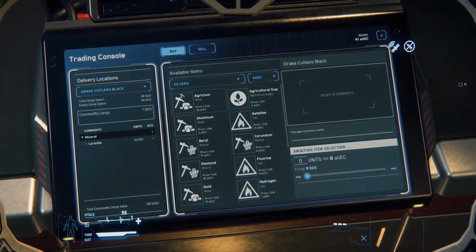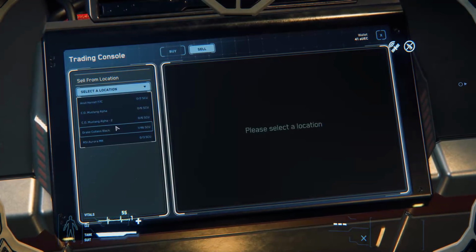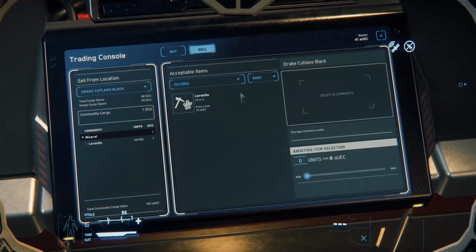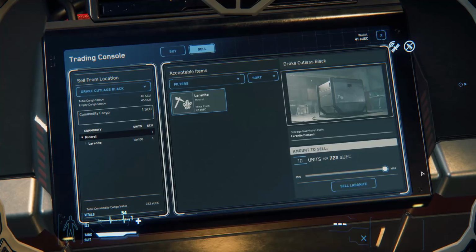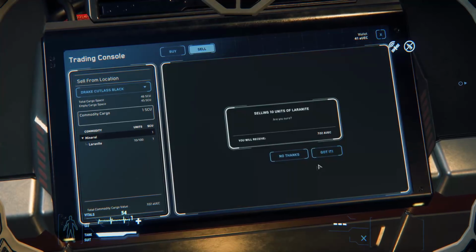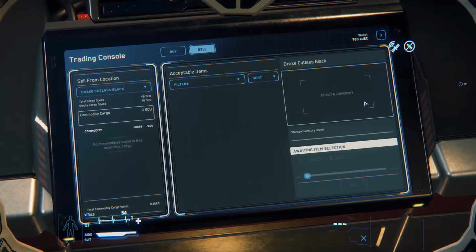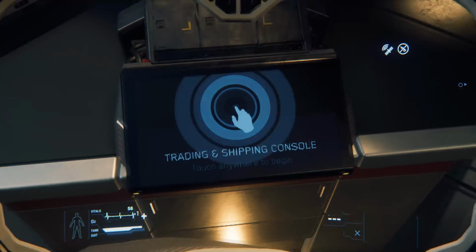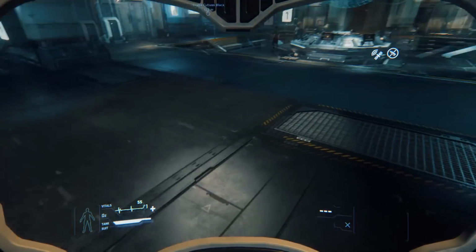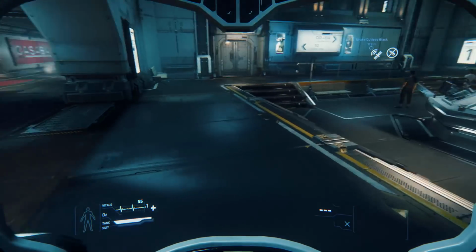Okay, let's use my cutlass. No, I want to sell. Sorry, what am I doing here? Let's go back to my cutlass. Okay, so 72. Yeah, I got like 200-ish plus or minus tax. You know, still not rich, but still having a good time. Loving it. And like I said, I'm going to do about 2 or 3 more runs today, and then I'm